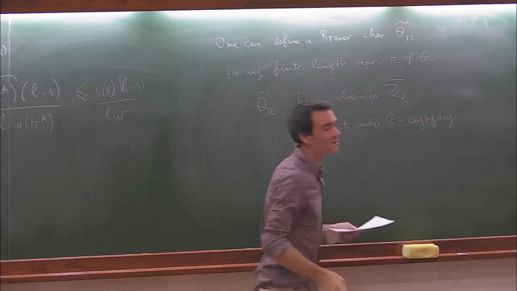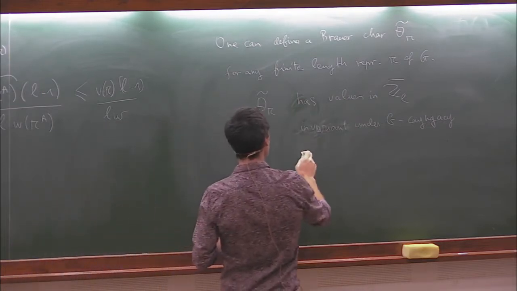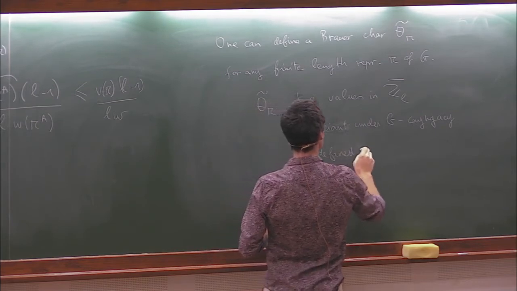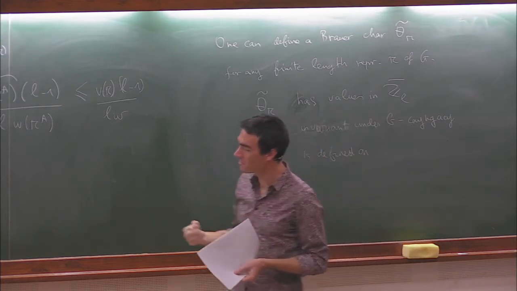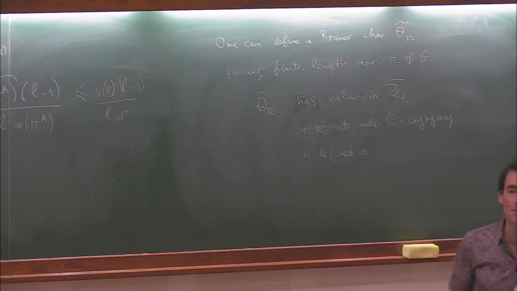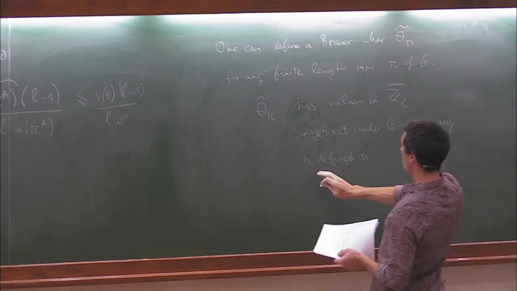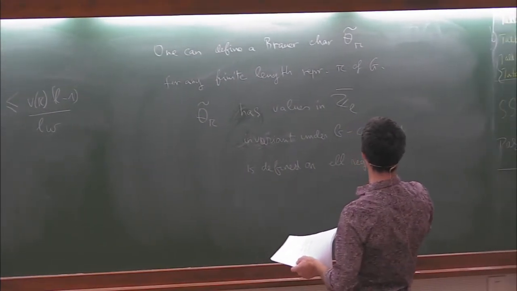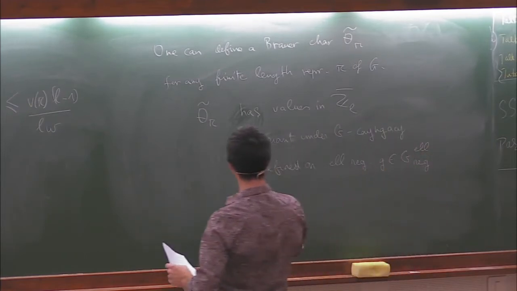So if you prefer, it is constant on G conjugacy classes, but it is only defined on... Okay, so in the setting of the Jacquet-Langlands correspondence, we are only interested in elliptic regular classes. So I will forget about the other classes. So this is defined on elliptic regular element G, such that,